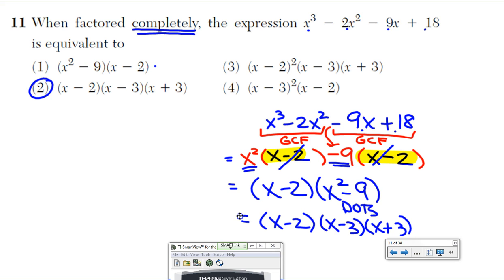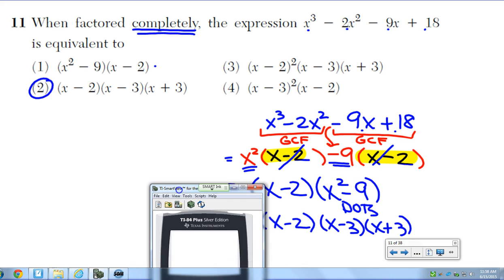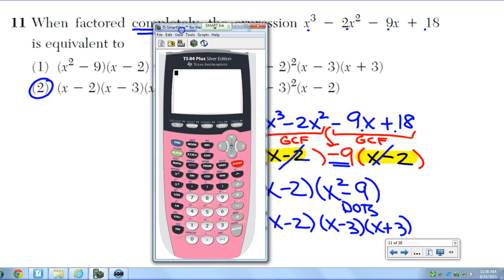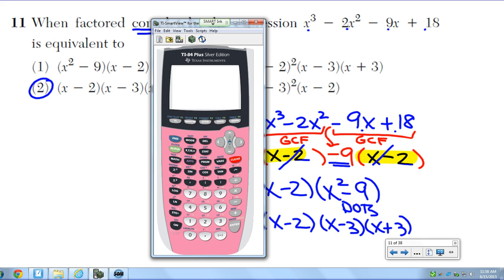Now you can store and get the answer that way, but I caution you with storing. Storing does not give you complete simplified answers. It just gives you equivalencies. So if I do 5 store for x, and you type in your problem,